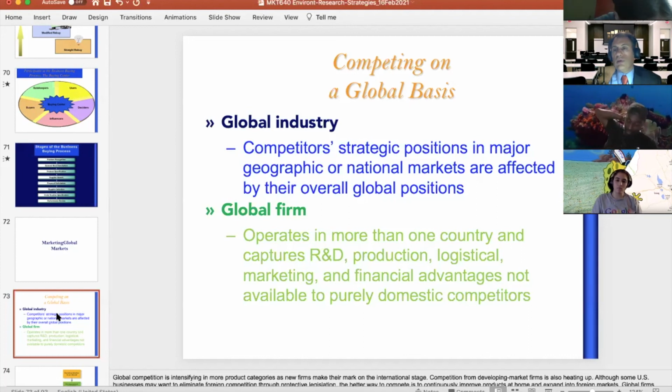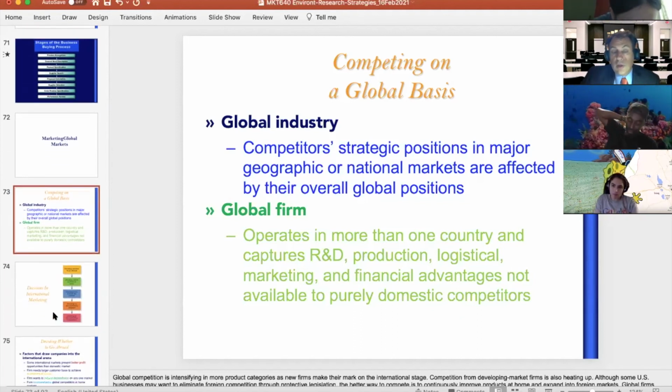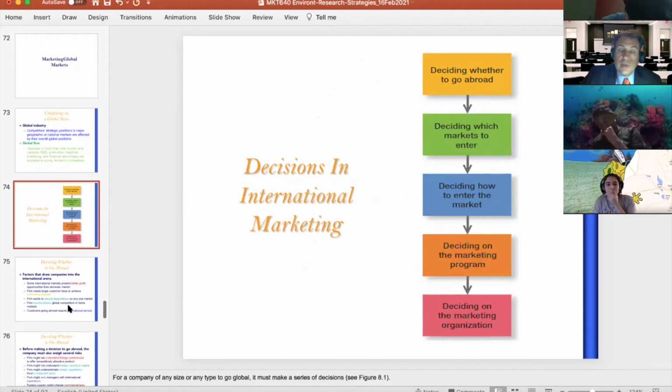Before, you may be very local in your production and supply and very local in your distribution. Now you may also look at developing your product by getting supplies and different steps of the production from different places. So should you or not go abroad? Which market should you go to? And how should we get into these markets? And should we use people locally or should we bring our people there?